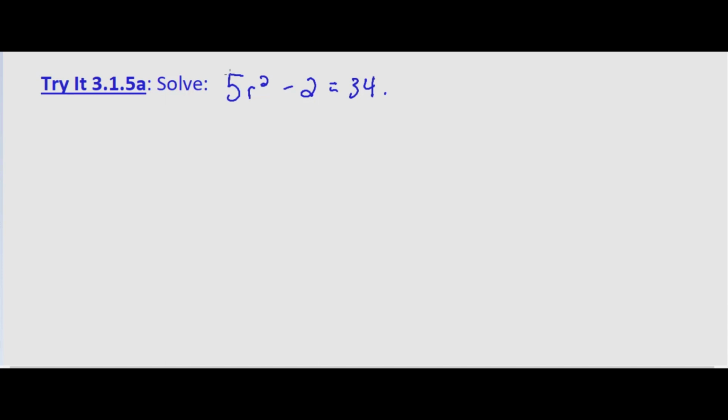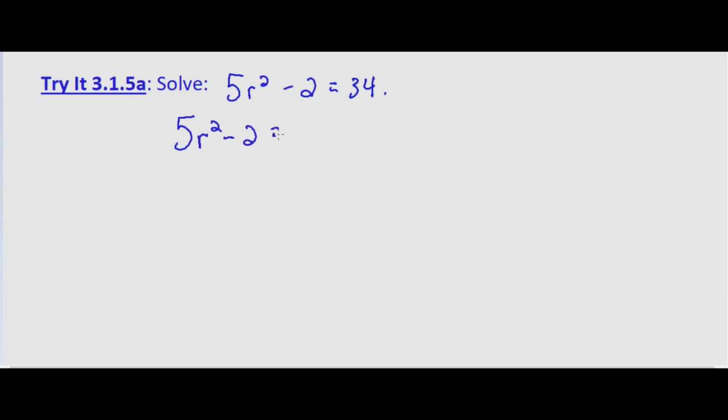So there's nothing special about this problem other than to remind us that if, when we solve, we end up with a radical in the denominator of a solution, we need to rationalize the denominator. The process other than that is exactly the same. So we start off with 5r squared